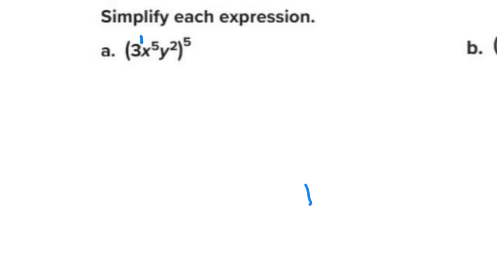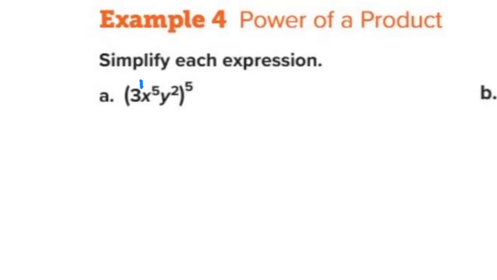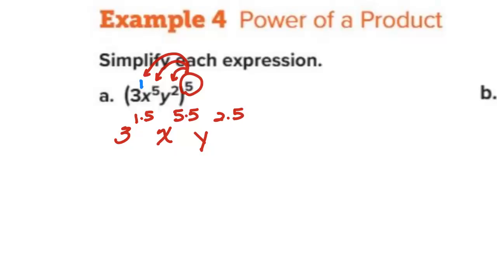All right, so then this whole thing is taken to the 5th power. So distribute that 5 with every exponent on the inside. So this is the 3 to the 1 times 5 times x to the 5 times 5 times y to the 2 times 5. And then we simplify and say 3 to the 5th, x to the